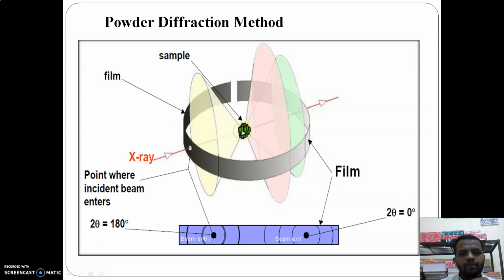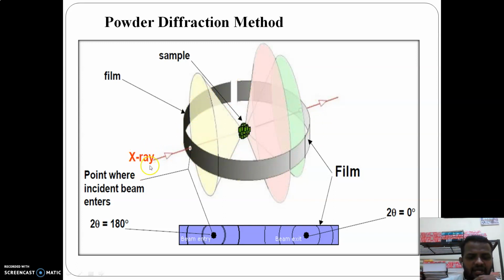You can see over here it is not a single molecule, rather these are the mixed molecules of the crystal which is being crushed finely, and from that finely crushed sample a very minimum amount is taken for analysis. Okay, in this case again the three characters of the film play a vital role. The first character is the X-ray beam, the second character is the sample, and the third character is the photographic plate.